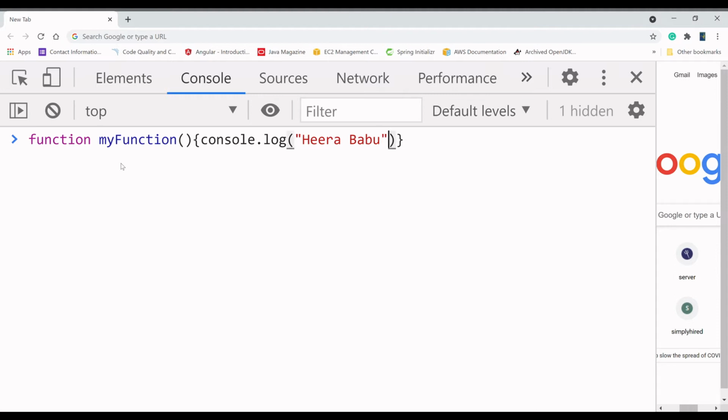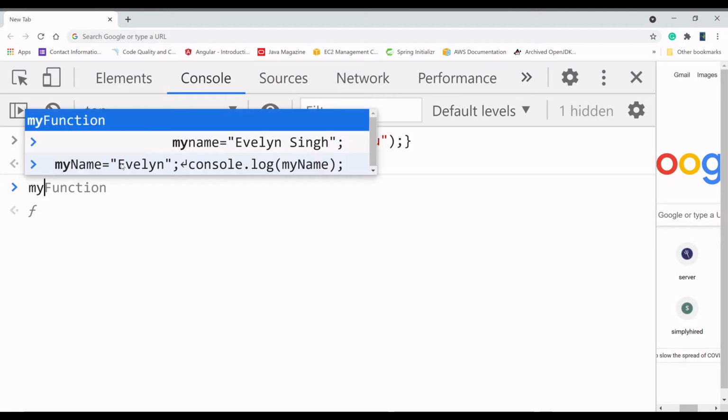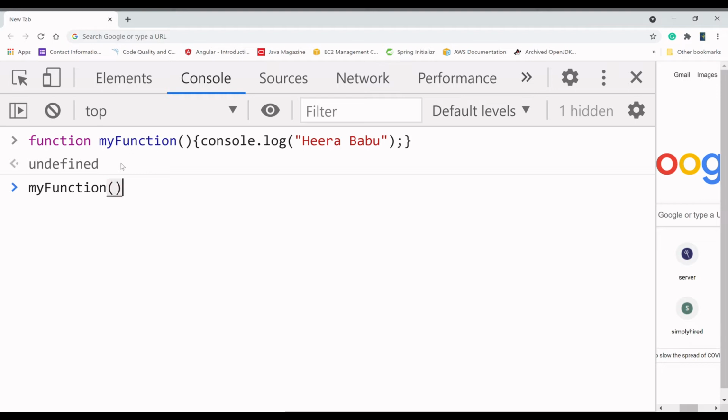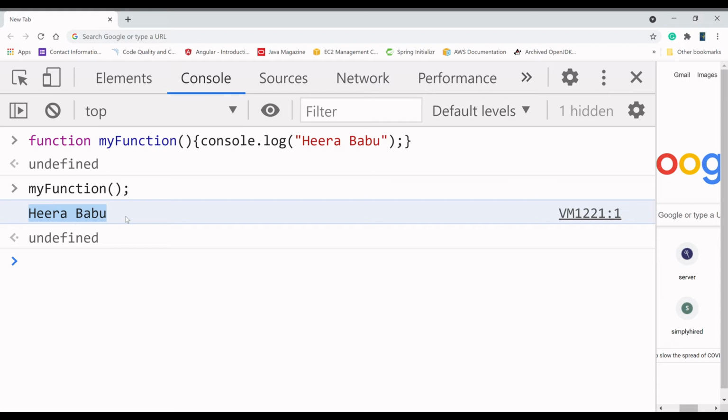Okay, we are done here. When we call my function like this, what we will see is our function value.